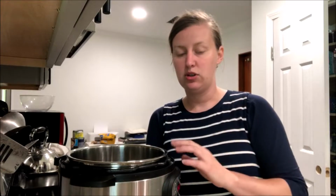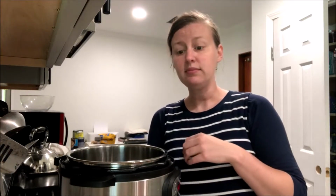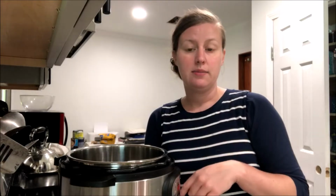I want to share one of my favorite recipes that I use a lot for cook once and eat twice. So I want to show you the base for it. It's shredded chicken tacos, like a salsa style chicken. Super easy. I'm doing it in my Instant Pot today, but a lot of times I'll do it in my